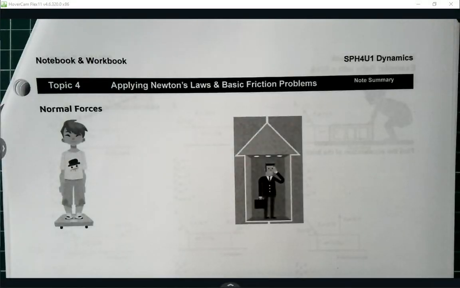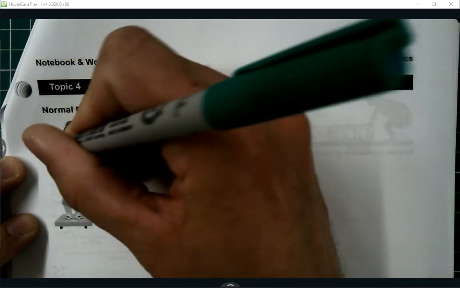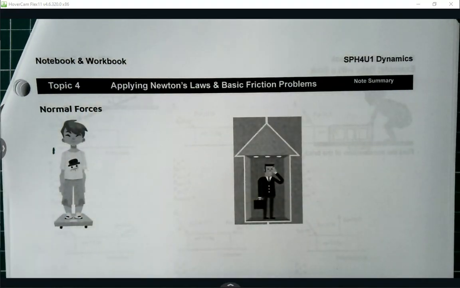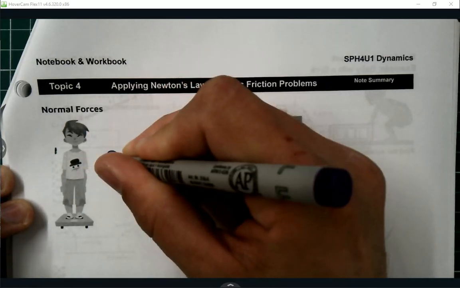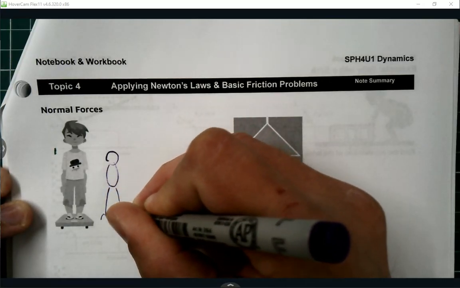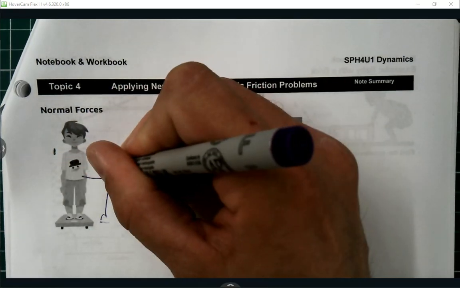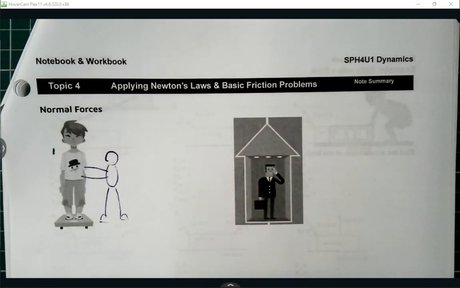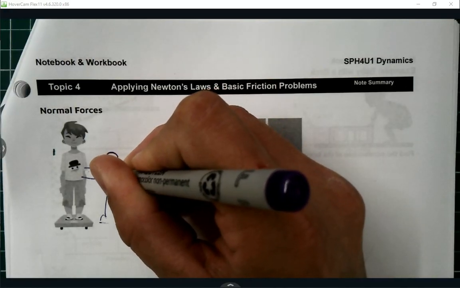A little bit of grade 11 reminders. If you're sitting on a bathroom scale, and we call somebody person number 1, and we call another somebody, actually, let's just have this other somebody come along. And we'll give a body to them, so they're not just a nebulous somebody. Okay? And this other somebody, while you're trying to, and this happens with me with my kids, they'll walk in at me at the weirdest times. But let's just say that I'm on the bathroom scale, and some little helper, some little friend comes along, person 2,